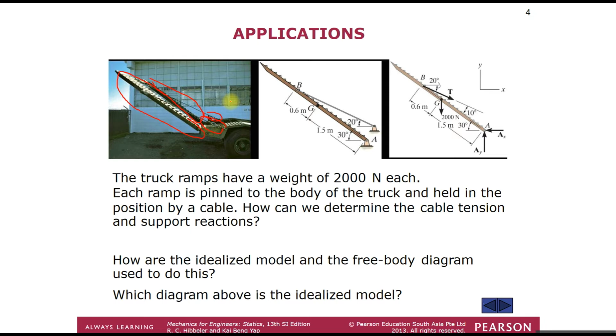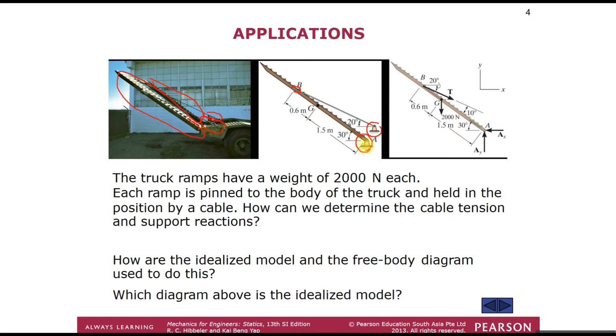How are the idealized model and the free body diagram used to do this, and which diagram above is the idealized model? You can see here, if we draw a representative of the ramp with its equivalent support cable, and support on it, we'll have the point at which the cable is placed at the support, which is this one at point B, then to point A here, and at the same time the ramp itself is being held